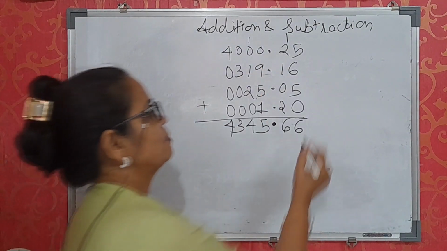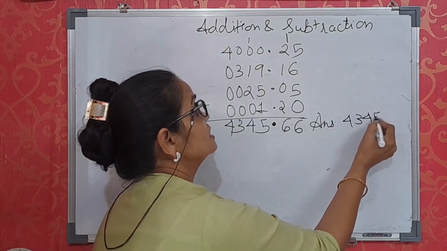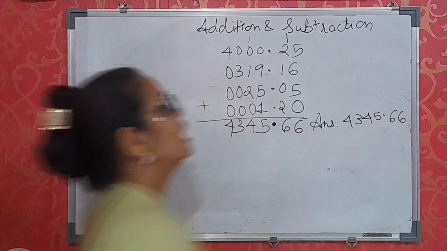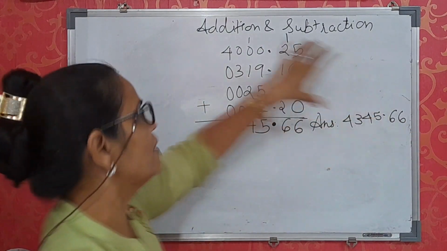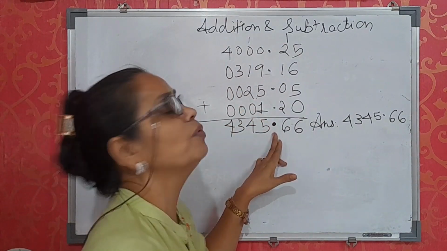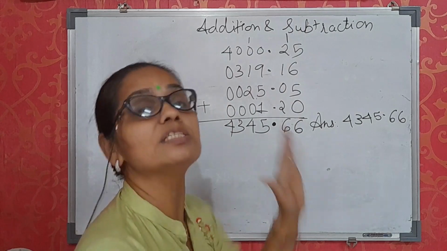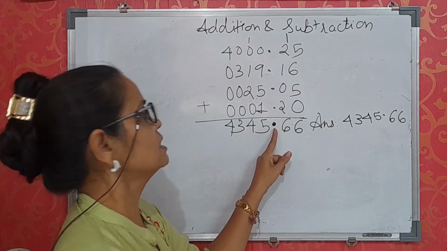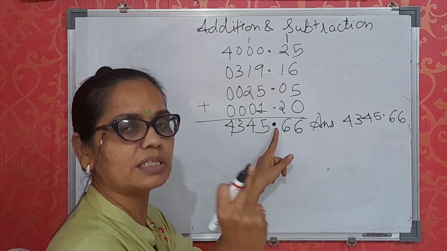So now it has become easy for you to get the final answer with the decimal point. Even for the final answer, you have to put the decimal point. If your sum is right and you forget to put the decimal point, that means your entire sum is wrong. So don't forget to put the decimal point in addition, subtraction, multiplication and division sums.